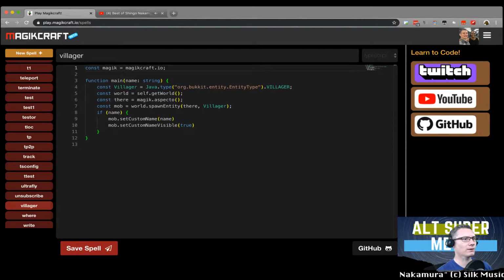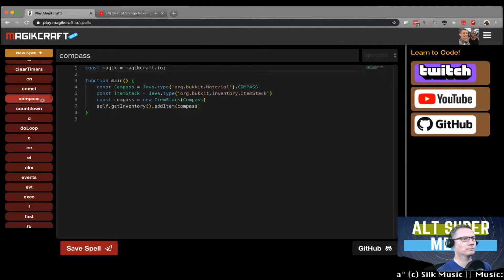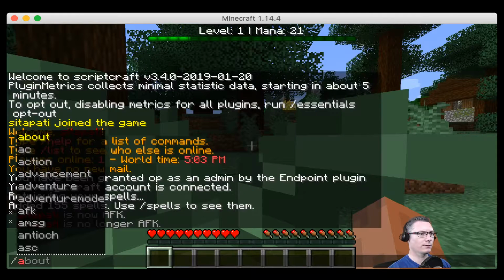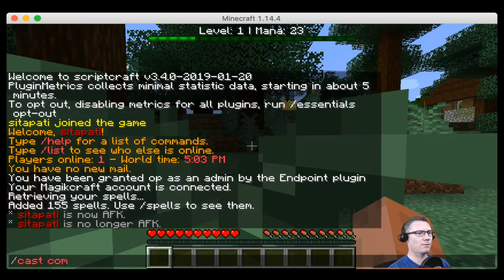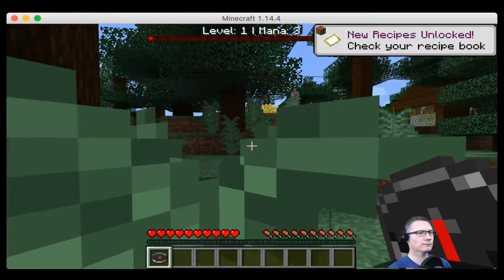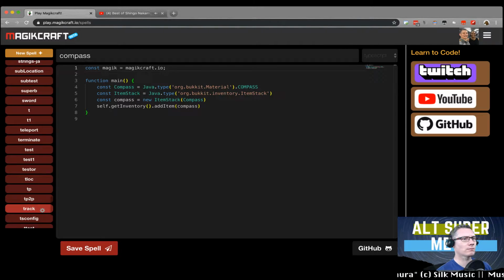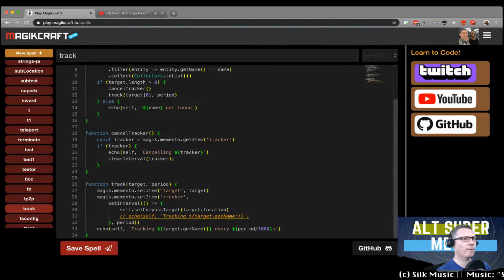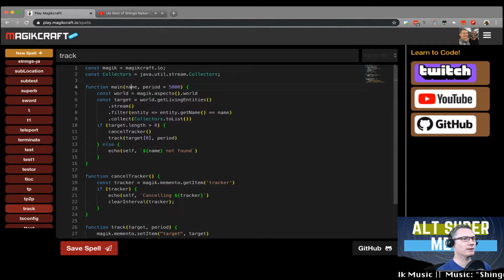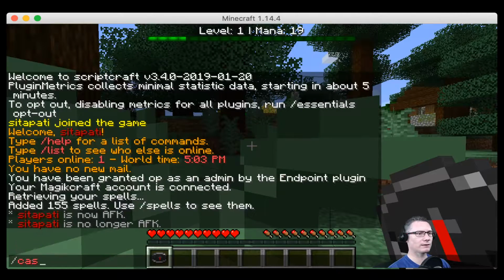We'll go back here, we got another spell here called compass, which gives me a compass. This one. So let's cast compass. Cast compass. I have a compass. Then we have another spell called track. This one's a little bit longer, but we pass in a name and it's a 5-second period, so we'll stick with the 5 seconds. If I now cast track Larry,